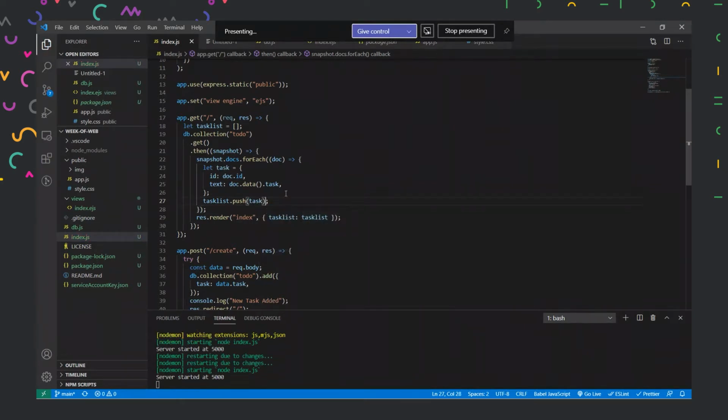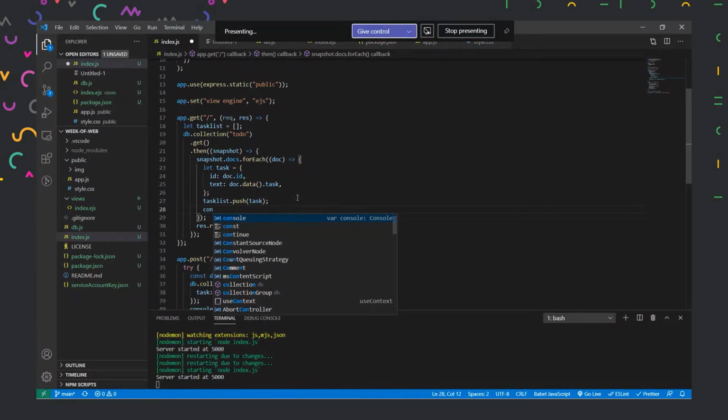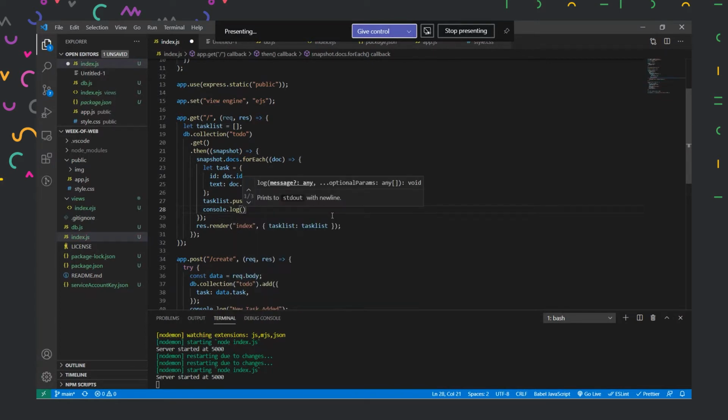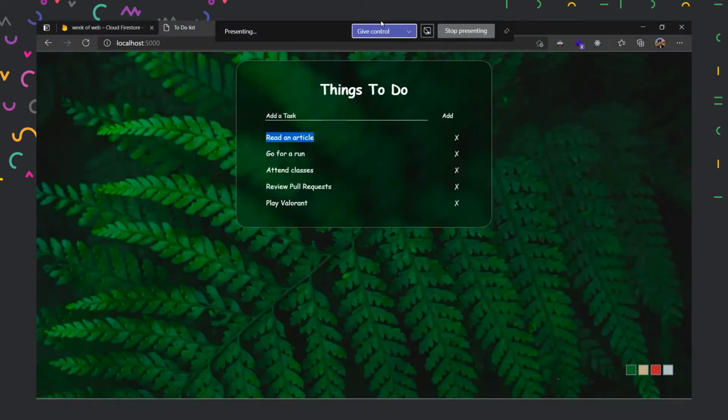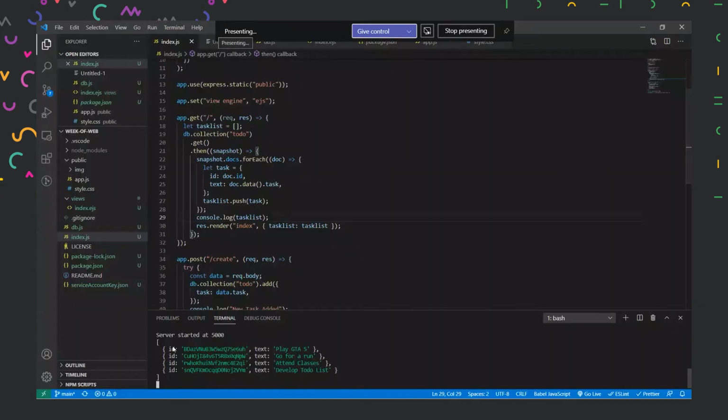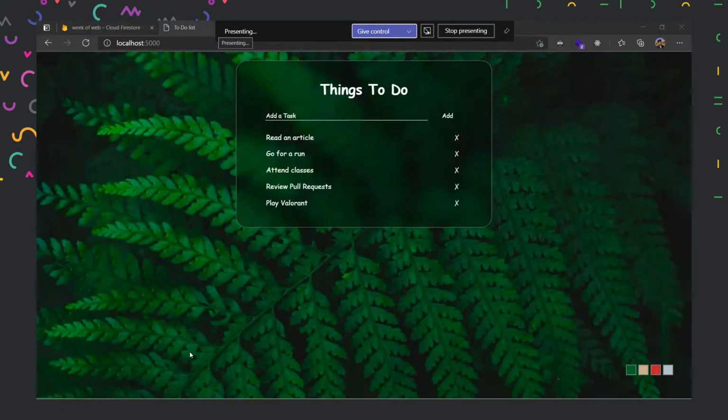I don't know whether it works or not yet. So what I'll do is log it in our node server itself directly and see whether it works. I'll put console.log and put task list here, and when it is completed, it should display the whole task list. Now if I reload the server, it should return all the IDs of our elements. So we have "play GTA 5", and in that we have some unique ID defined. The first three letters are BDA. Let us check, does it match?